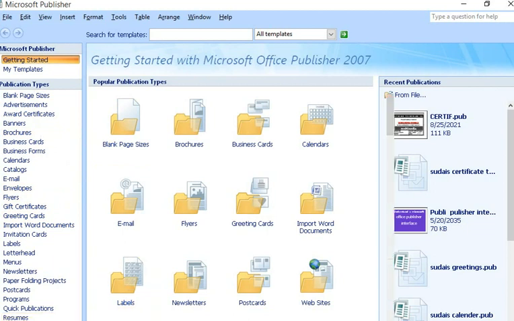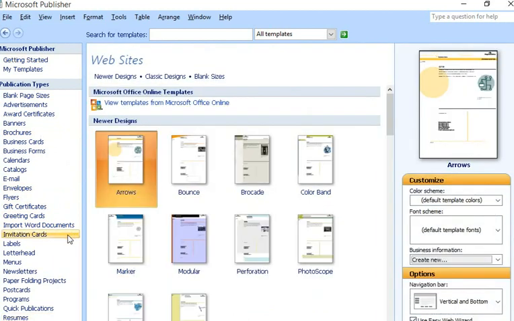Microsoft Publisher tools. So when we have reached there, we can now try to look into these templates. Then we get website. Websites are down there. You may not have seen them, but